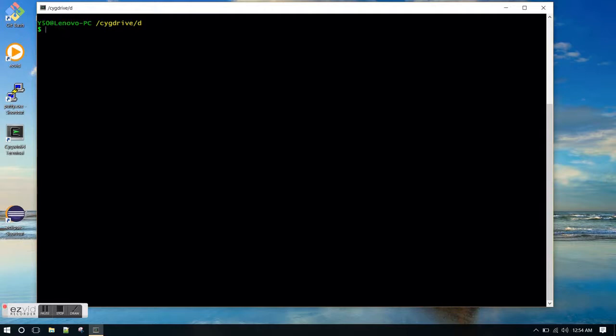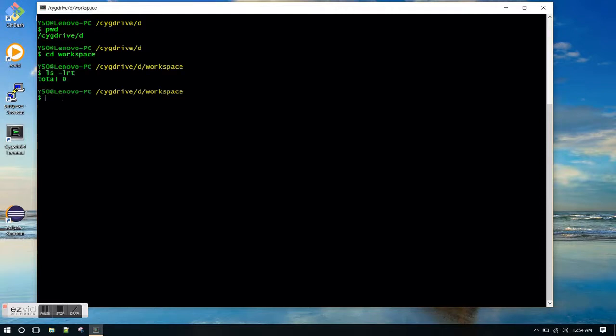ls -lrt is a command to list all the files. I would start with pwd, that tells where I am, the present working directory. I have a folder called workspace. To go inside, I'm using the command cd workspace,